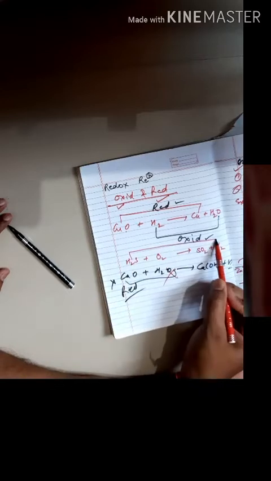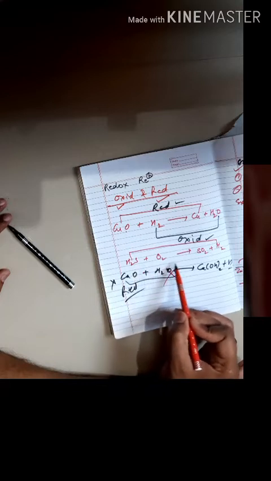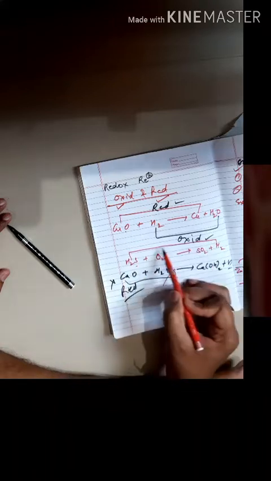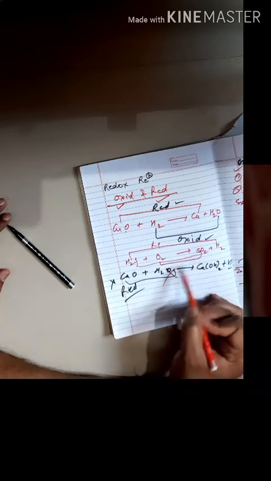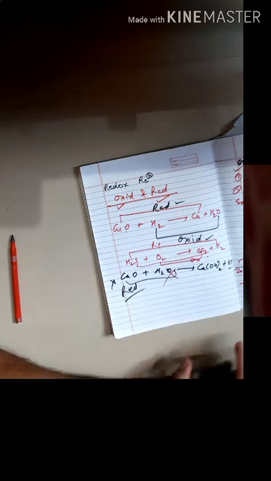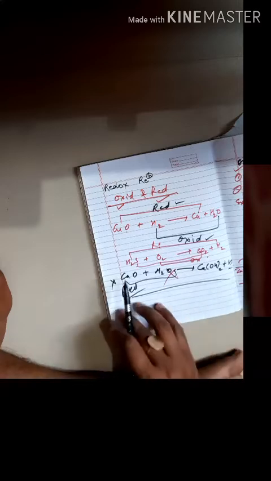So students, you see here H2 is removed, so this is a reduction. O2 gets SO2, so sulfur is added to oxygen in SO2, so this is oxidation. So there are many examples also. You go through the notes or you go through the book, there are many examples of oxidation, reduction and redox reactions, so you can learn it.